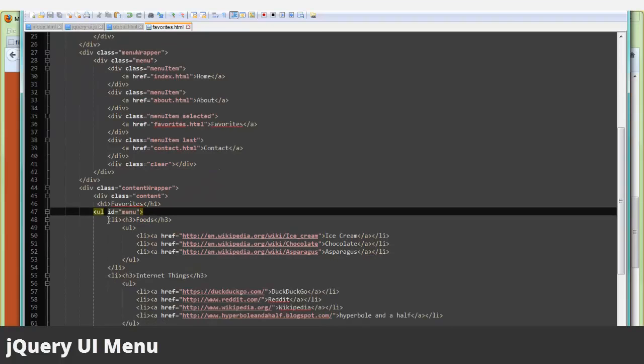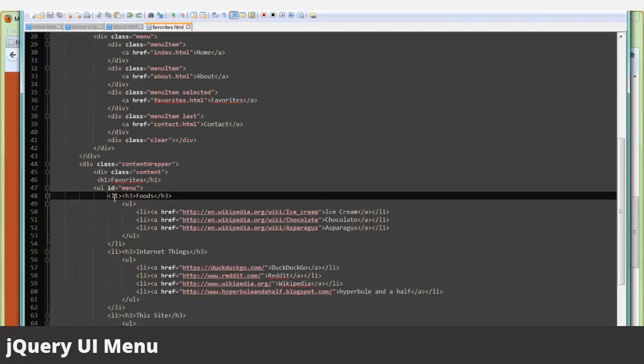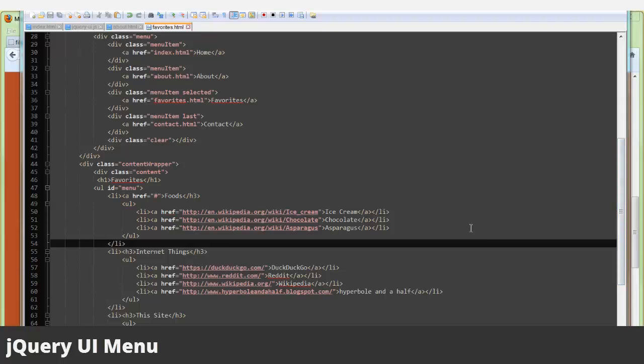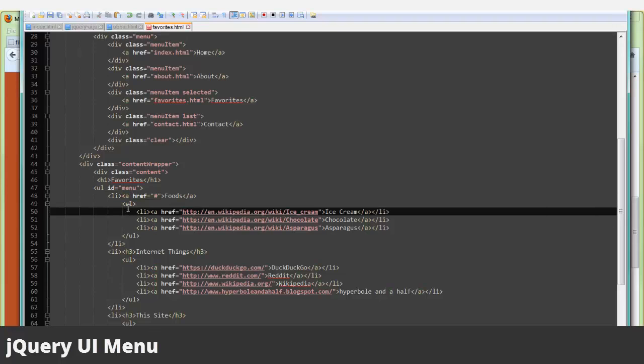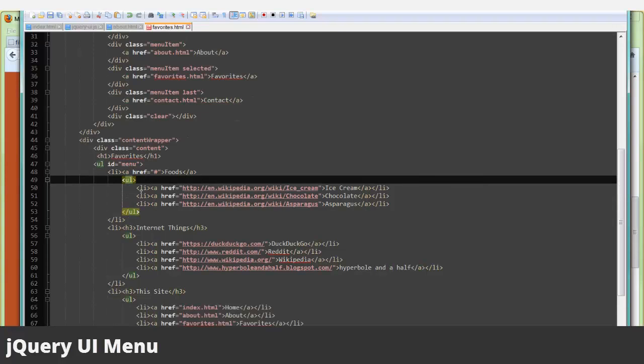So we have the menu. I have a list item, but unfortunately h3 tags aren't valid, so I'm going to make that an anchor tag. Okay, so I am changing that over to an anchor tag,